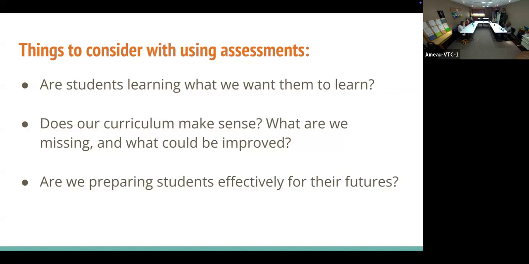And our students learning what we want them to learn, that makes me think of what you said, Rachel. Even in the car, we think we've taught our students something, because this is how we presented it. And then when we go to do a quiz, maybe something informal, and it doesn't come back the way we expected. So it's important to do those little check-ins.